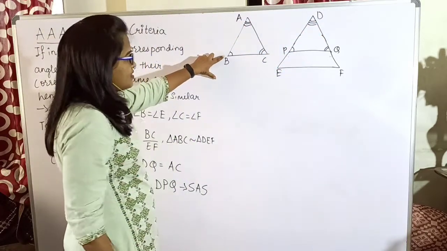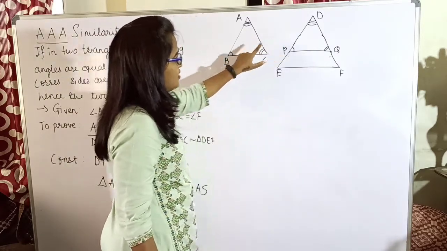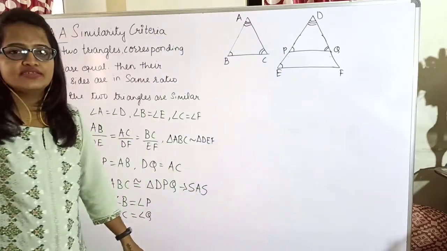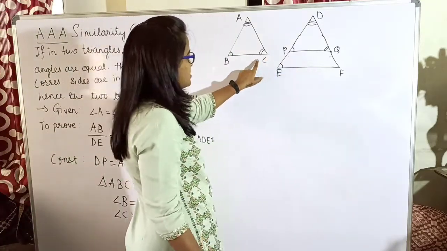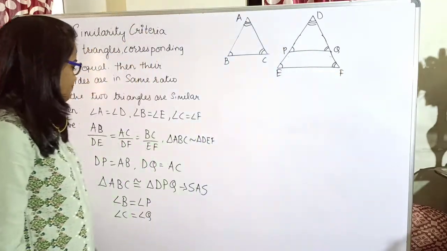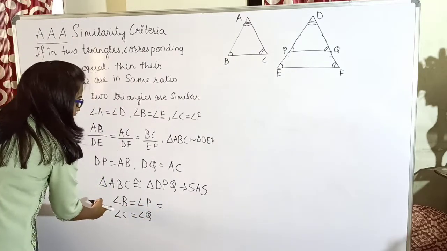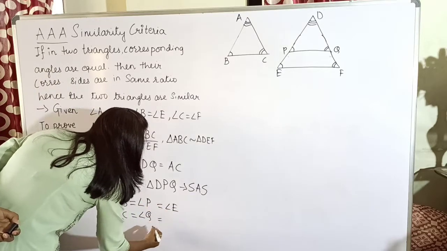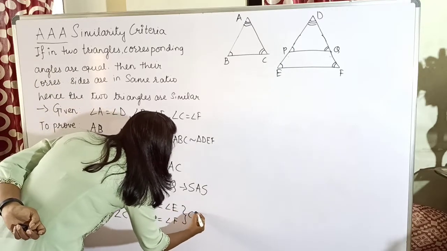Angle B is equal to angle E. It means B is equal to P and B is also equal to E. So will these two angles be equal, P and E? Yes. Similarly, angle C is equal to angle F, but C is equal to Q. So it means Q is equal to F. Okay. So in front of it, I will write down, since B is equal to P, but B is equal to E, so angle P is equal to angle E. And similarly, angle Q is equal to angle F. Okay. By CPCT.